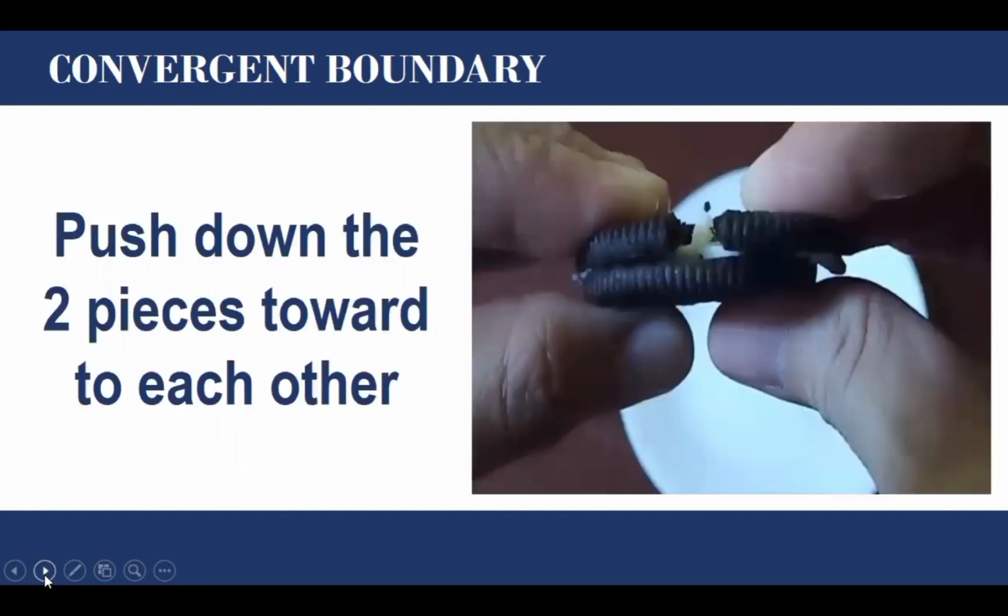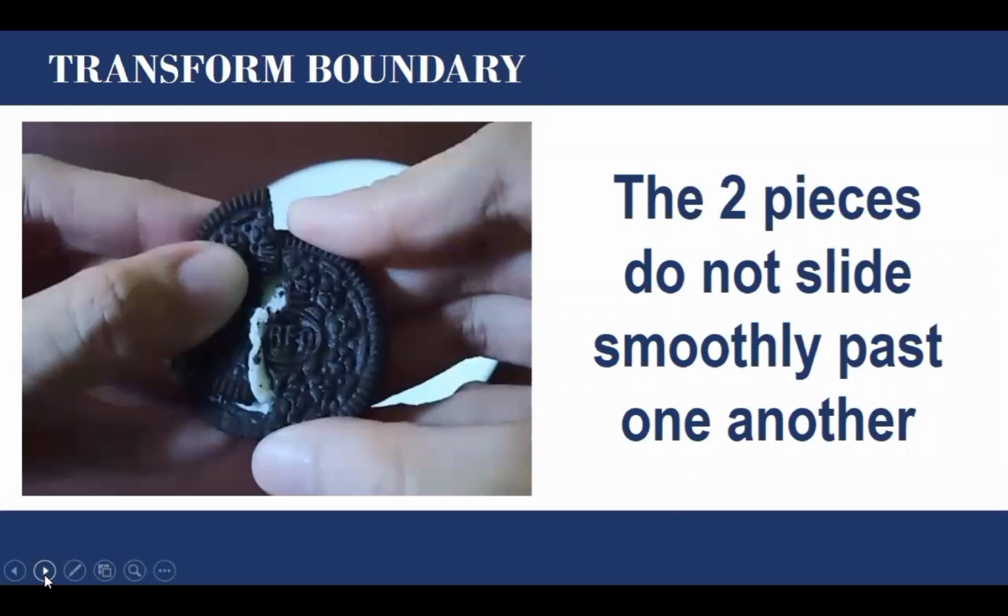Second, when we slowly push down the two pieces toward each other, it demonstrates a convergent boundary, which happens when two plates are colliding. A convergent plate boundary can form towering mountain ranges or can result in one tectonic plate diving underneath another. And finally, when we tried sliding the two pieces laterally past one another over the creamy filling,